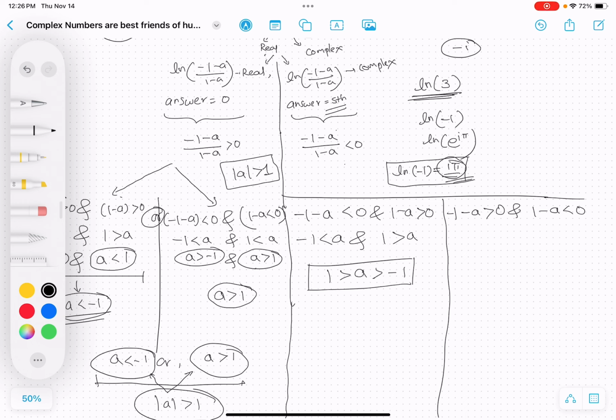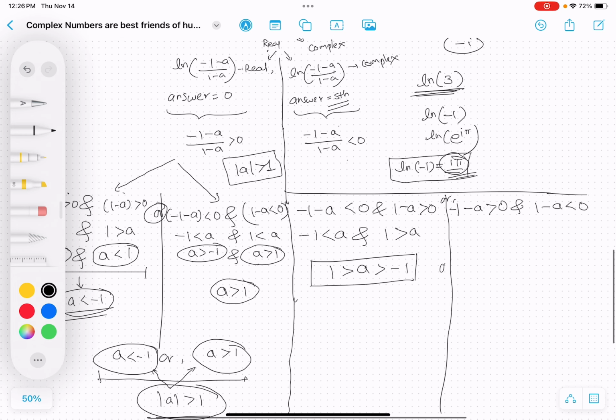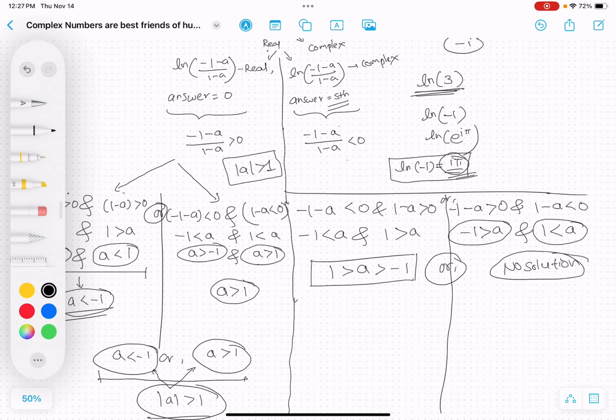So either this can be true, or the solution can also be gotten from another case. So this says that a should be less than -1 as well as a should be greater than 1. Guys, is this even possible? Can a be greater than 1 as well as less than -1? No, that's not possible. So this gives us no solution, right? We cannot have both of them at the same time. So only the first case gives us a viable solution,